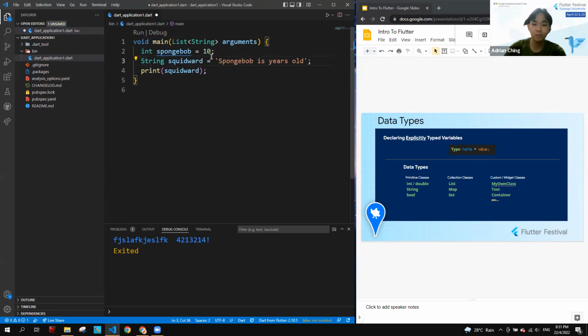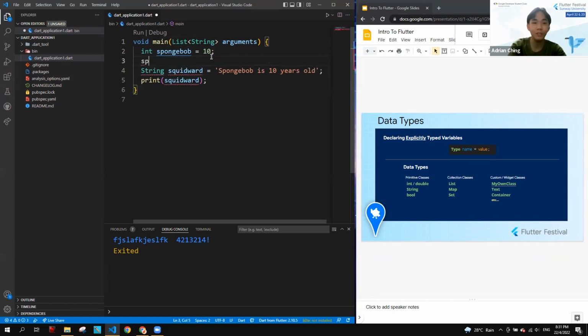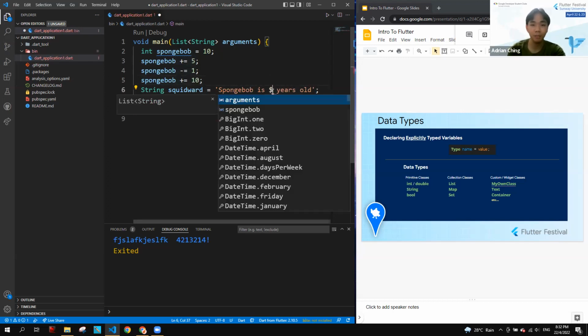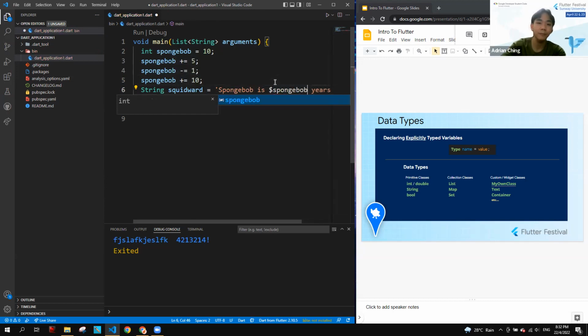One way we can do this is to manually just type 10. But what happens if the SpongeBob variable gets updated, something like this? Then we are losing track of what the actual value is. So that's why we can use the dollar symbol and the variable name.